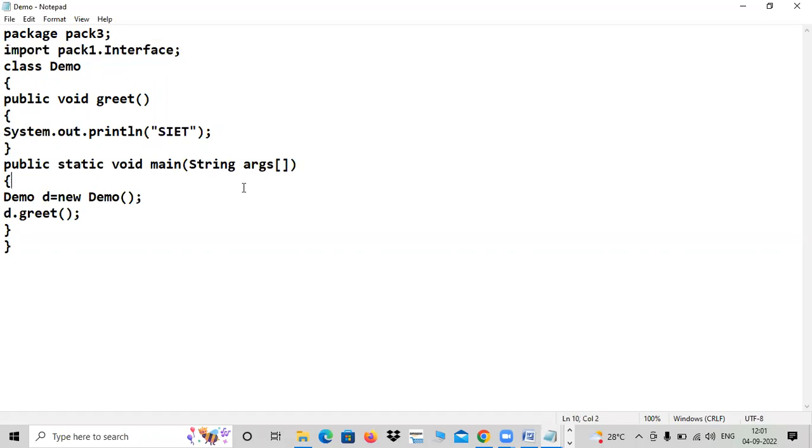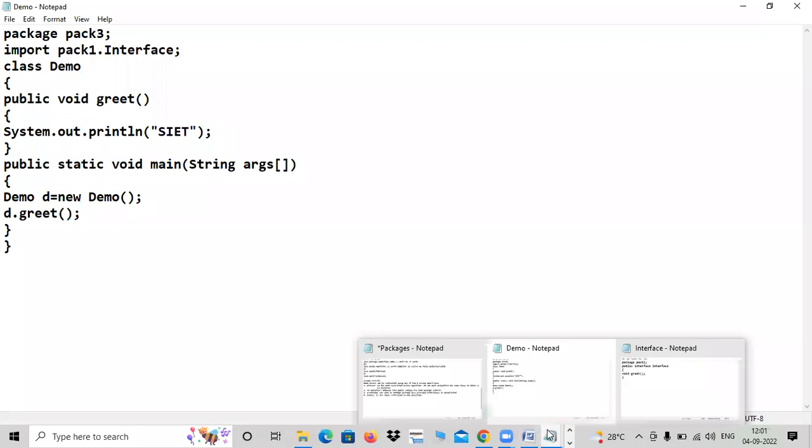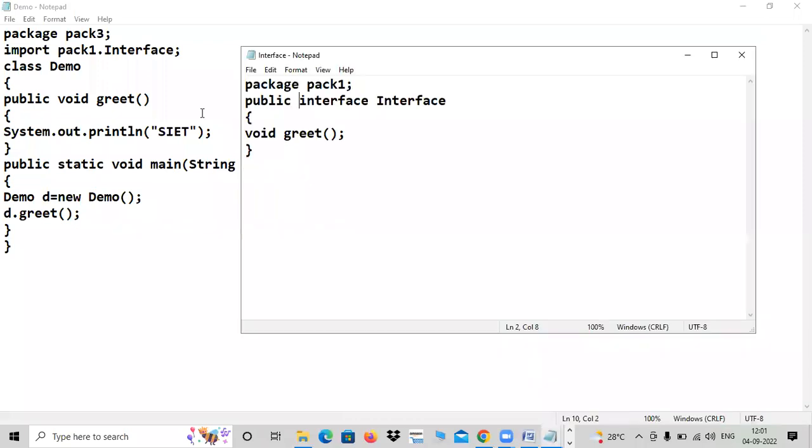Any doubts in this program? Just two small programs. See what I have done. I want to do it with interface also. That's why I have created one small interface. You can see. And what is the interface name? Interface itself is the name. Capital letter I. Small letter don't use. It is predefined. Interface name. And don't forget putting public. I am repeatedly forgetting that. You please remember that. And then pack1. This interface is present in pack1. And only one unimplemented method, greet.